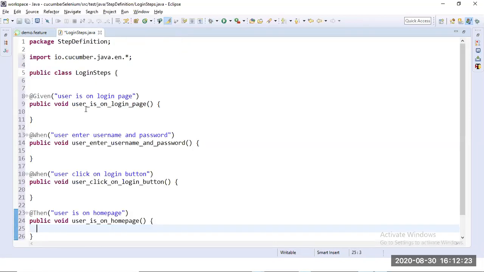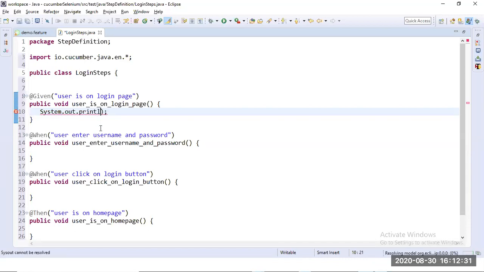And within this step definition, let's suppose I will write this way. This is the before condition, given.